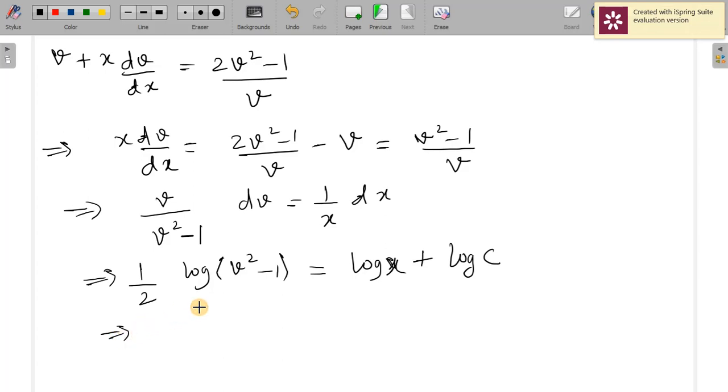So that's why when I take this log x to the other side, we get it as log of x minus 1. This can be written as log of half will go over there. So v square minus 1 the whole raised to half, which is same as root of v square minus 1 minus log of x is equal to log of c. So in the next term, I'll write down in the next page, I'll get